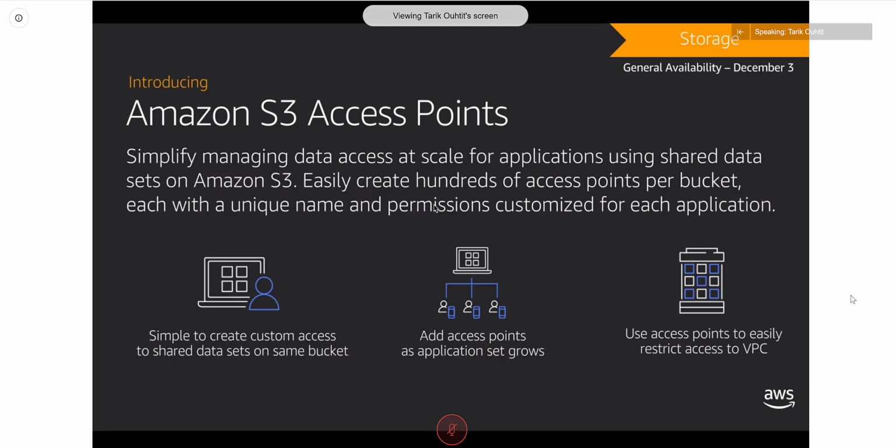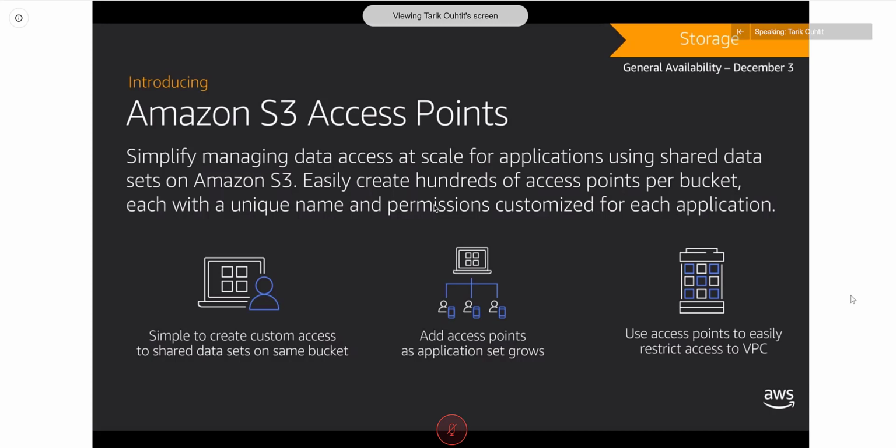That doesn't scale very well when you have lots of applications or lots of different people that want to access the data in that S3 bucket, because they probably shouldn't all have the same level of access. So yes, you could create a bucket policy that has lots of conditions and clauses in it to try and set up that configuration. But S3 access points makes that a whole ton easier. Instead, what you can do is for a bucket, you can create a custom URL for that bucket and apply a bucket policy to that.